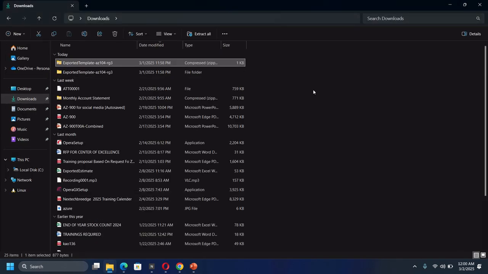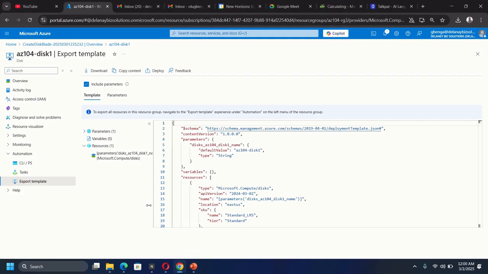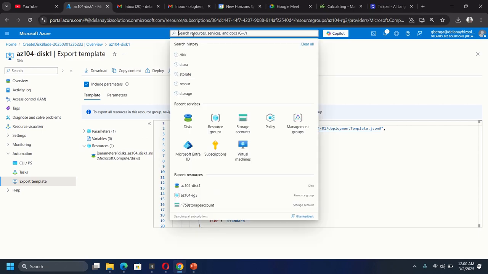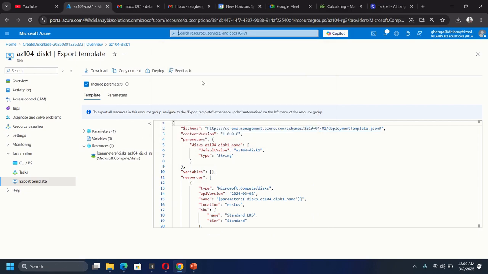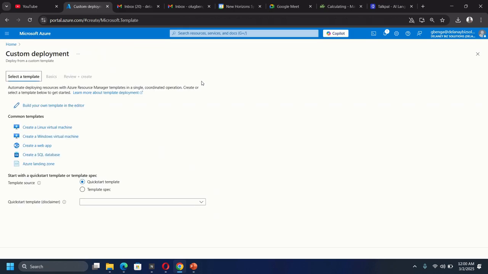So what I will do is that I will go back to my Azure portal. In the Azure portal, I will search for deploy a custom template. So I will select it. This custom template now will allow me to deploy the JSON files. So what I will do is to click on build your own template in the editor. So I'll click on that,